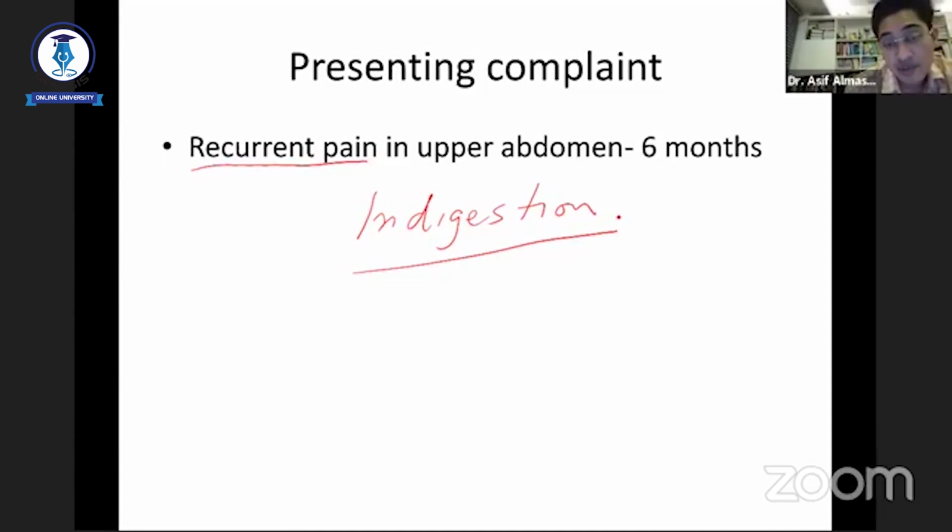So people might come to you with those symptoms, but usually a patient with indigestion goes to a gastroenterologist who does some investigations like ultrasound. And when they find that the patient has gallbladder stones, they refer the patient to the surgeon. That's what happens. Recurrent pain, patient may also complain of nausea, vomiting,